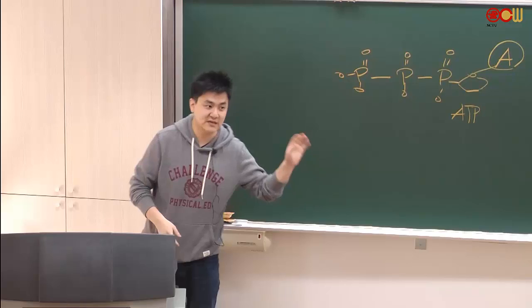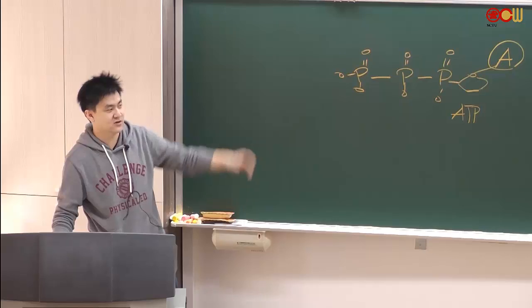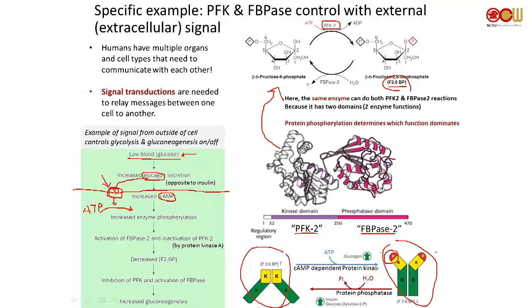Now this is intracellular, so it's inside the cell and your hormones are outside the cell. So from a signal that's outside of the cell that can go inside of the cell, you are translating a message from outside the cell to inside the cell. Right? It's like translation. This is like somebody speaking Chinese, and this is like somebody speaking English. So you have to have a mediator in the middle that can translate. Okay? Because you can't just use the same molecule, go in and out. Right? So once you make this cyclic AMP, now you can start to do a couple of things.